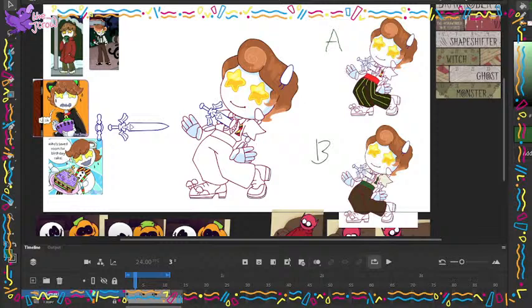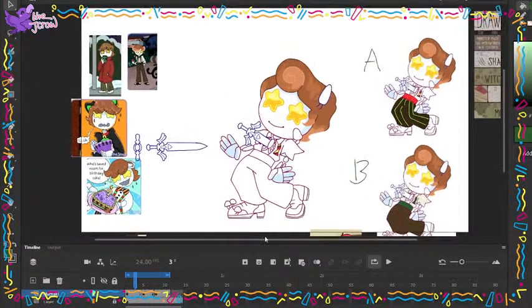Also, Cookie, hi! Hi, Cookie! Welcome! I'm just putting a poll into chat right now to vote between A and B. Which colour palette? So, A is the gaudy and bright. I say gaudy in a good way, like, I like that. So, it's like the bright colour palette.